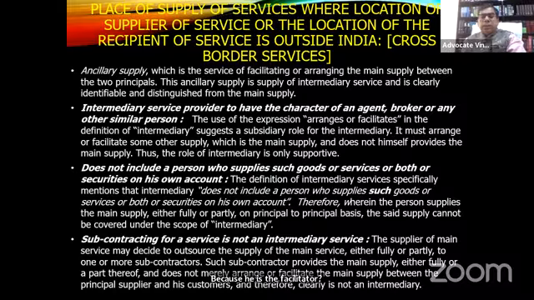But it does not include a person who does the supply on his own account. That is, somebody who does the transaction on a principal to principal basis. Such a person cannot be considered to be within the scope of the intermediary. It was further said that just because one is undertaking the transaction of a subcontract, that is, one is actually rendering service on behalf of somebody else, such a subcontractor cannot be said to be an intermediary, because he himself is rendering the service on behalf of somebody else. For example, job work.